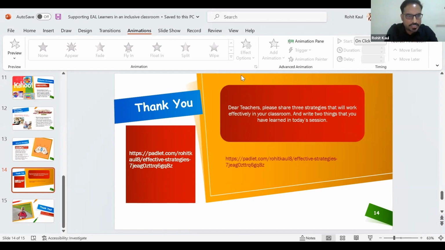So I just want to request, if it is possible for them to move to that link, they can go and check this link, so we can definitely go to this Padlet, and I can also share the screen here where they are writing and their comments are coming in.